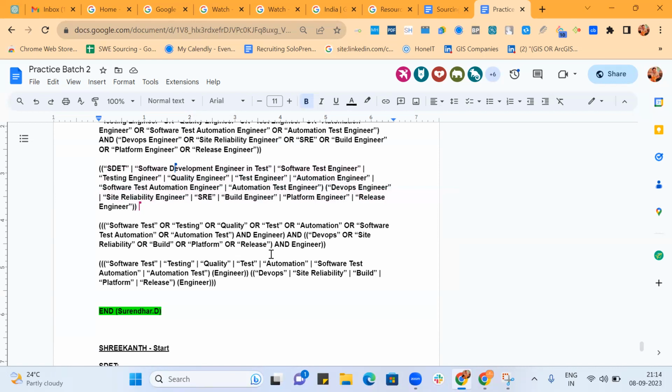As per the question, it has to be separated for SDET and DevOps. I have clubbed it. Yeah, that should be two searches, but I'm just trying to see if it clubbed also is syntactically correct. See, now let's say if you're using AND,